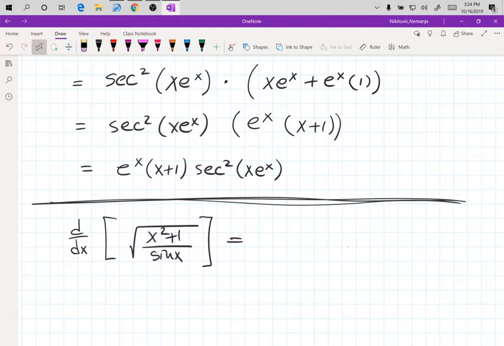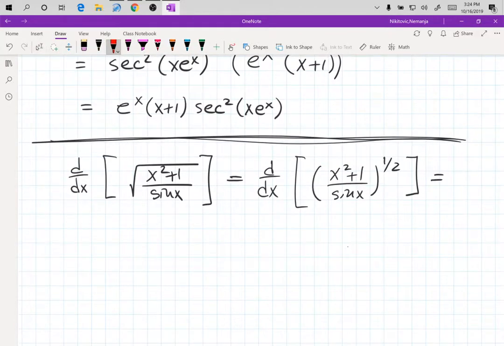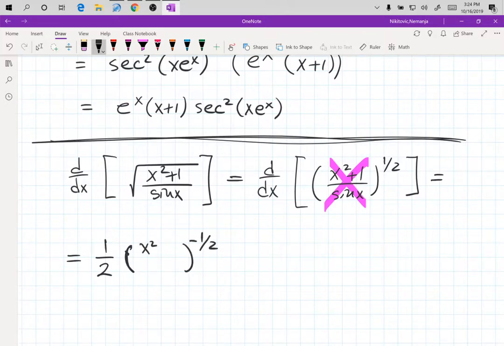Let's take a look. So the square root we can rewrite as an exponent of 1/2. And we treat this problem as x to the 1/2. So we know that the derivative of that would be 1/2 times x to the negative 1/2, but x is actually x squared plus 1 over sine x. And then we follow with the chain,